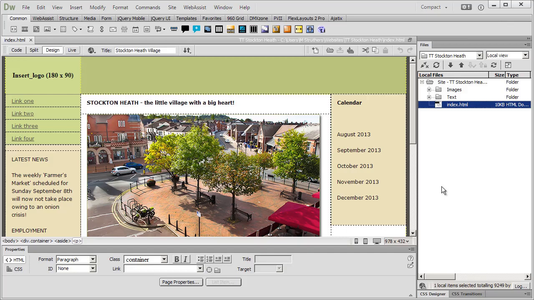Now that we are going through the process of adding images to our page, I'm going to finish off our index page here, our opening page, by adding in the two final images that we've already seen in the preview of what this opening page is going to look like. First of all, I'm going to add in a photograph here, underneath where it says calendar and just above where